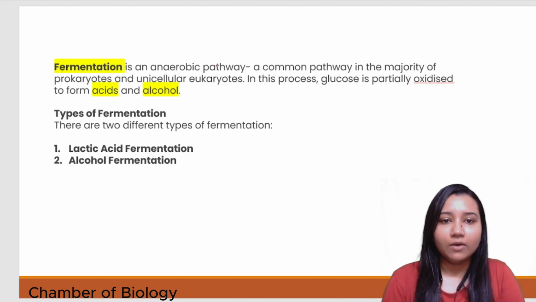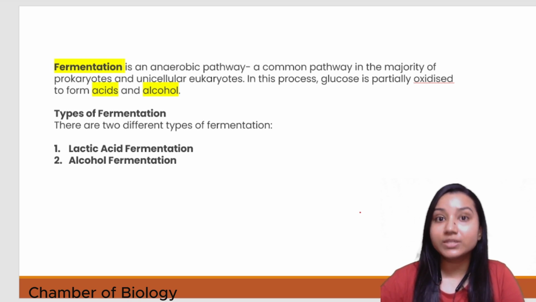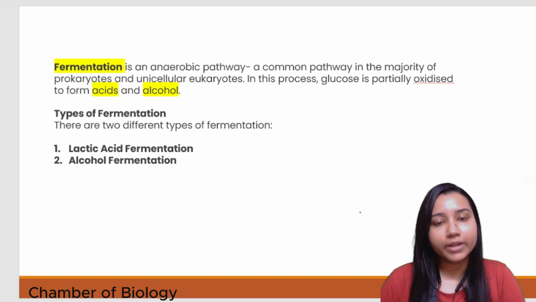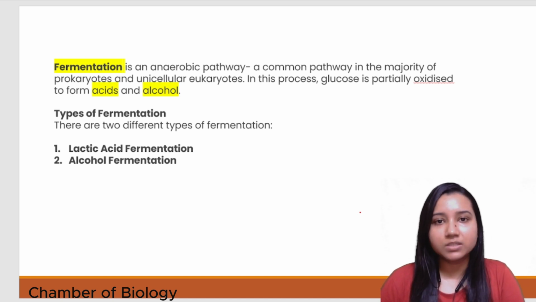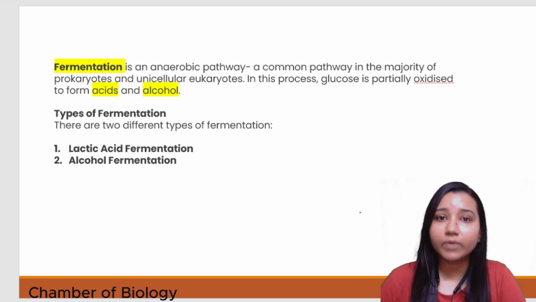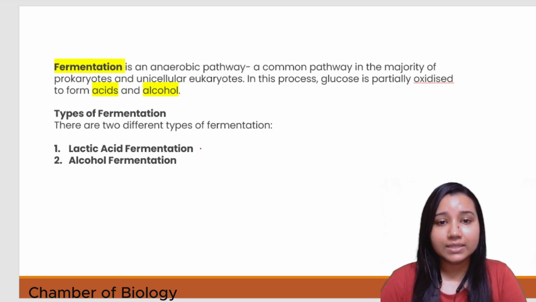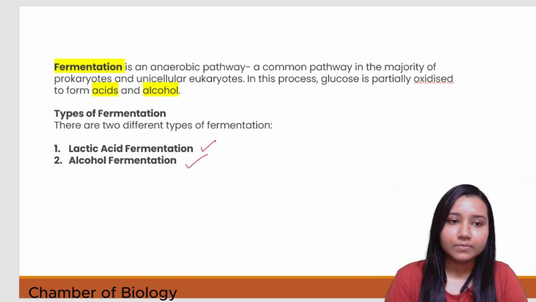Now, students, what is fermentation? Again, it is an anaerobic pathway where we can see majority of the prokaryotes and even eukaryotes. That is why it is exclusively happening in the cytoplasm, because we have seen that certain bacteria might not be having the mitochondria as well, right? The bacteria do not have it, being prokaryotes. So we can see the lactic acid fermentation and alcohol fermentation is going to take place.